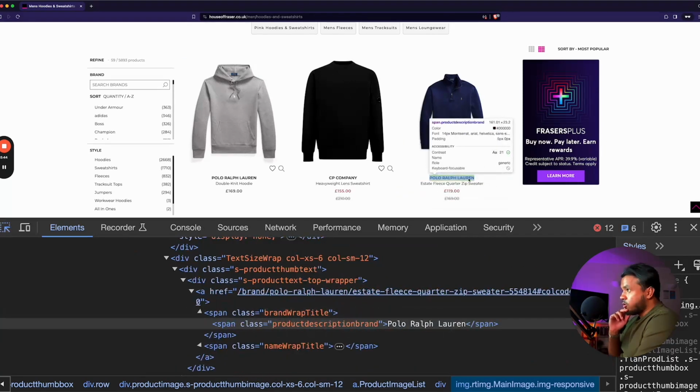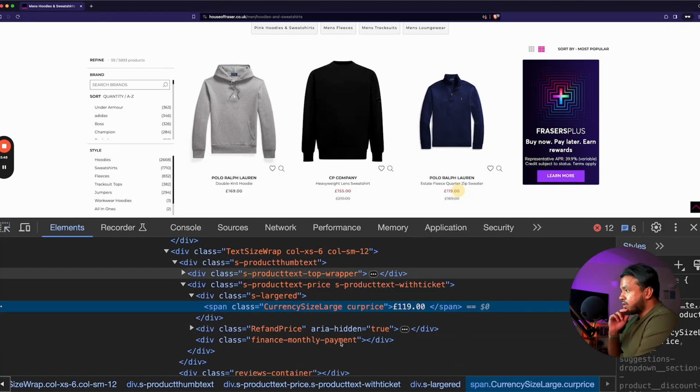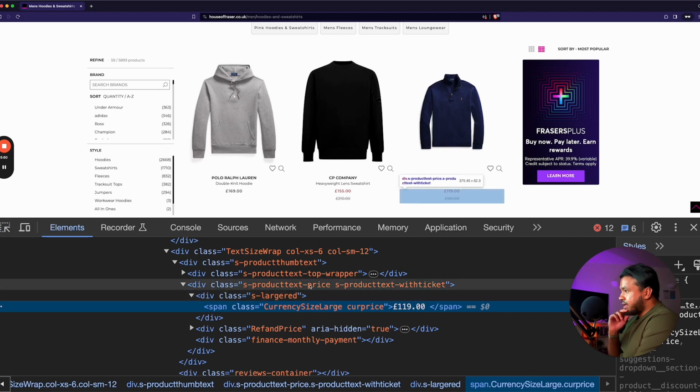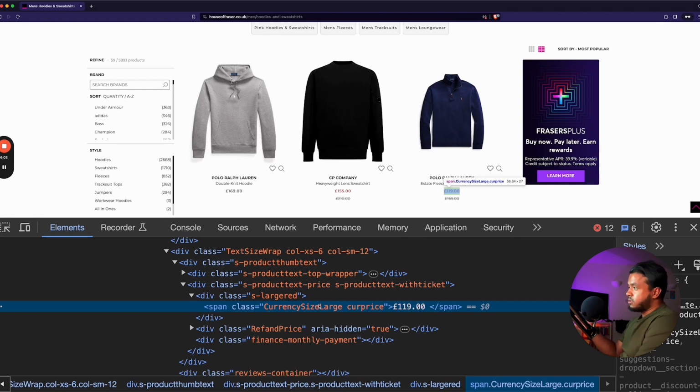So let's see if I go here, I can probably select the price, and that is a span class with this, right? Okay, so we've got quite a few things here. This has given me a decent intuition. I think it's time to go back to the code editor, and I'm going to show you another approach for